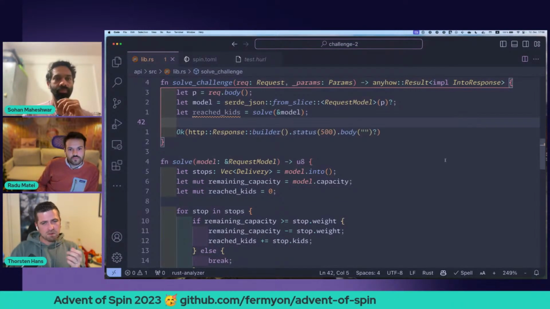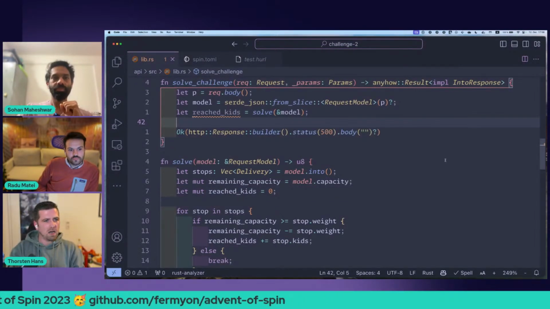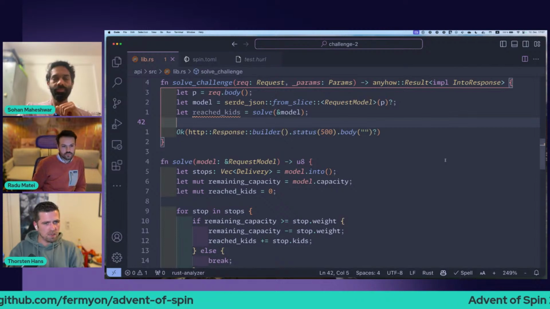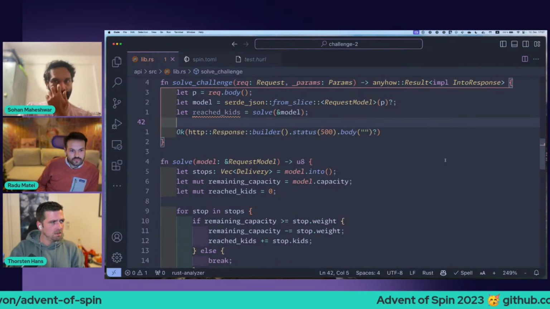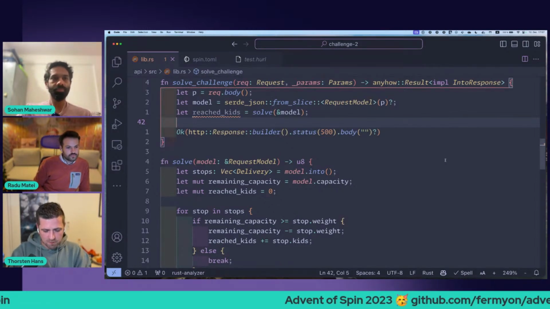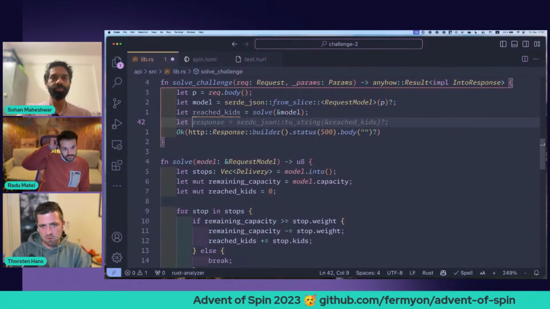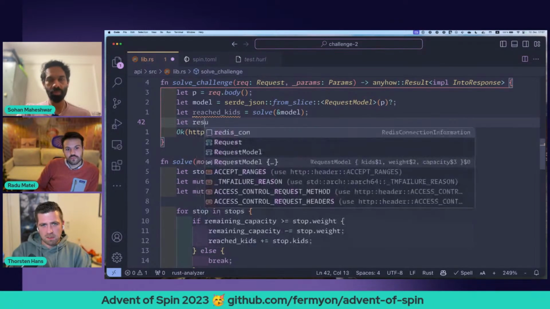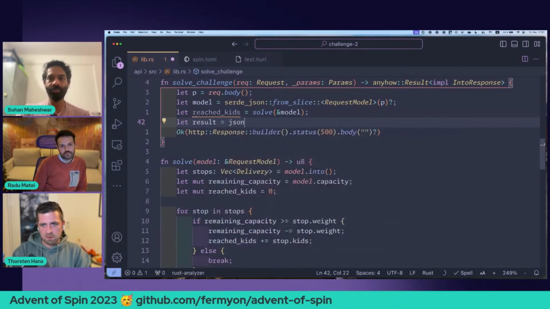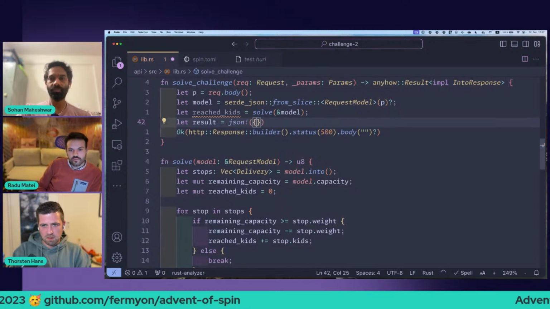If the struct consists of just one property, I use the json macro provided by serde_json. That allows me to quickly do something like this: result equals json exclamation mark.